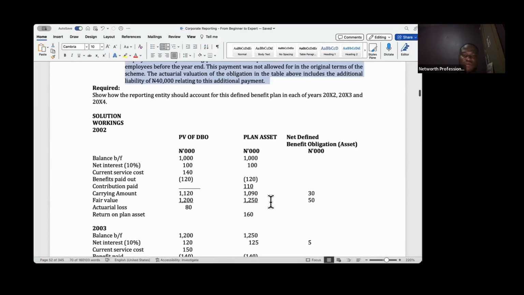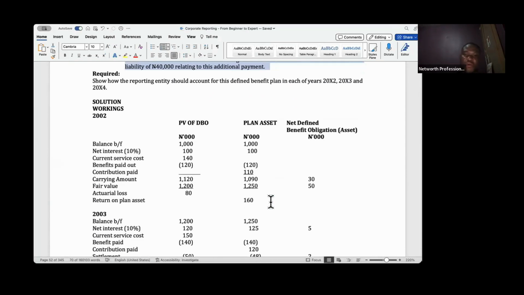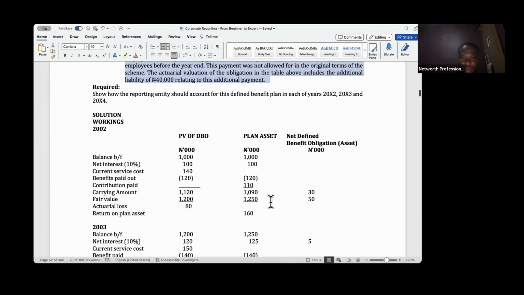So what we are left to do is just the same thing we have done before. You have to start with your workings before you go to your statement, because you need to get your book value of the present value of defined benefit obligation and also of the plan assets. Then don't forget to have the nets, because it's the nets that go to your statement of financial position